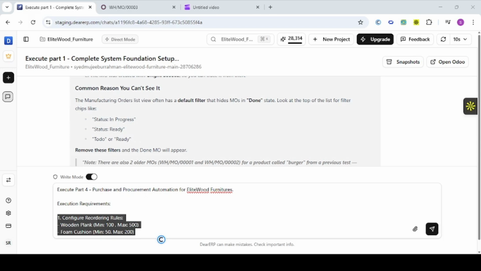What this means is basically the configuration of reordering rules. It tells the system if stock falls below a certain level, the minimum, automatically trigger a purchase to refill up to the maximum level. So this line, configure reordering rules for wooden plank and foam, means we are instructing Odoo to